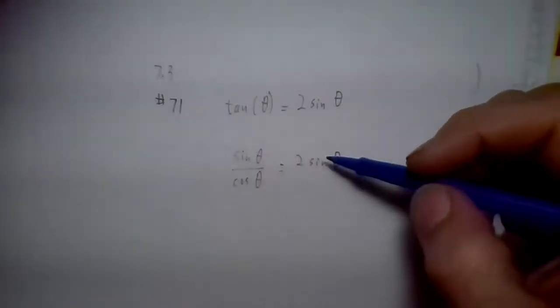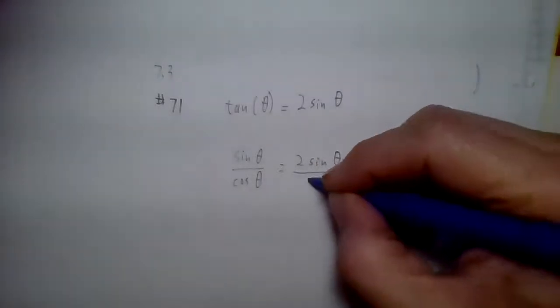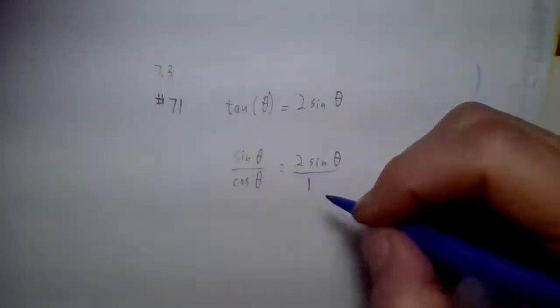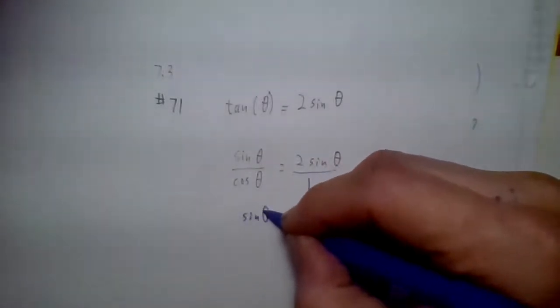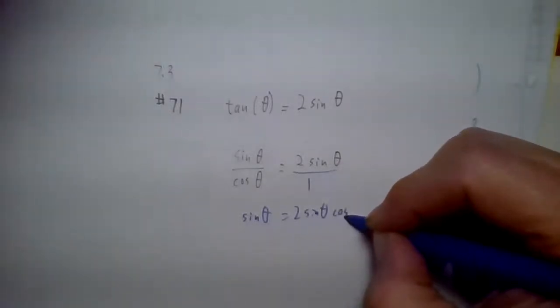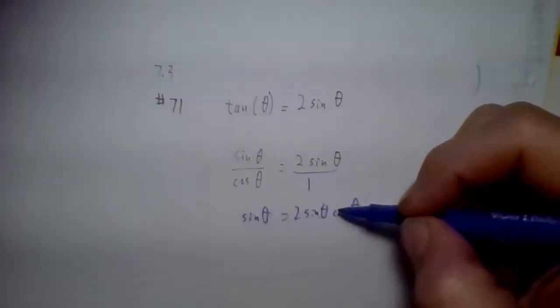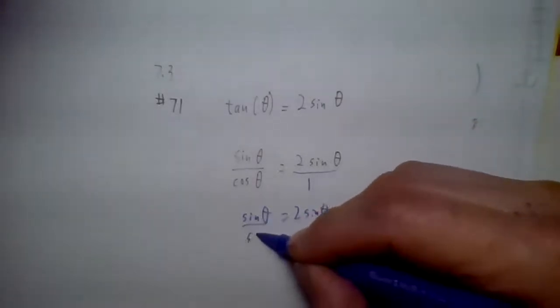But it's amazing. Both sides are actually multiplied by sine theta. You might be thinking cross multiply right here, which would be a good way to start. Some of these sines are going to cancel. When you cross multiply, you get 1 sine theta equals 2 sine theta cosine theta. And either way, the sine is going to cancel from both sides. Both sides are multiplied by sine theta. So when we divide that out,